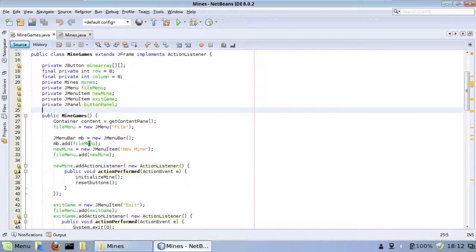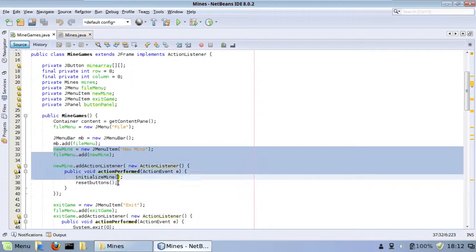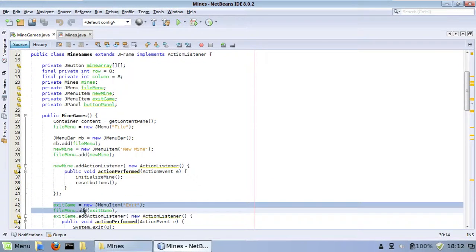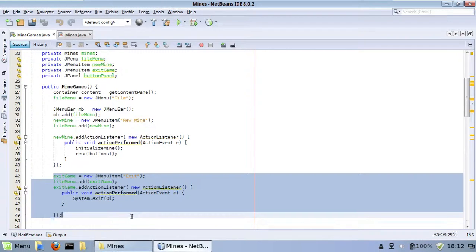The MineGames constructor actually sets up the graphical user interface by using a container and a file menu. It sets up a new menu bar and adds the file menu to the menu bar. Here's the entry for a new mine, which I've shown you, and that's the code there. This here is the code to exit out of the program. All it does is perform System.exit(0);